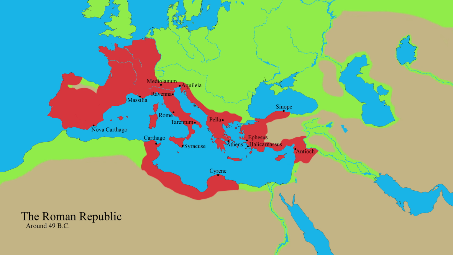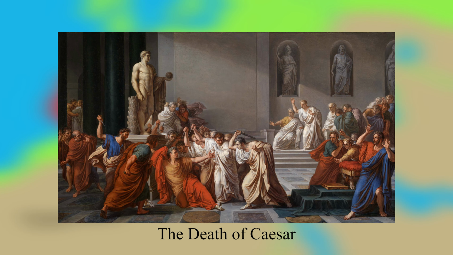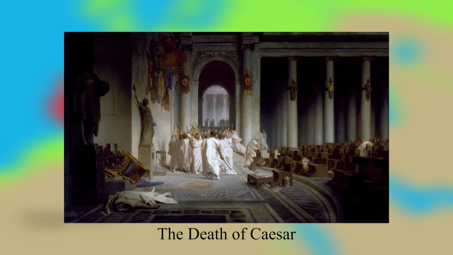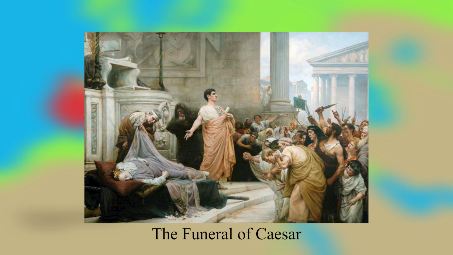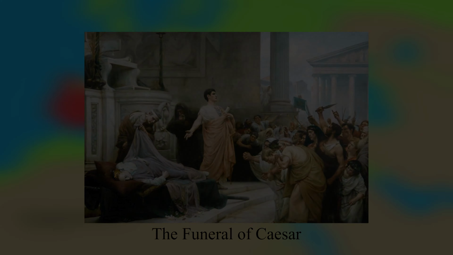This turned a great number of senators against him, and eventually a plot was hatched and led by 2 senators by the names of Marcus Brutus and Cassius Longinus. On the 15th of March 44 BC, Caesar would be stabbed to death on the Senate floor. The death of Caesar would end up setting in motion a series of civil wars that would eventually lead to the downfall of the Roman Republic.